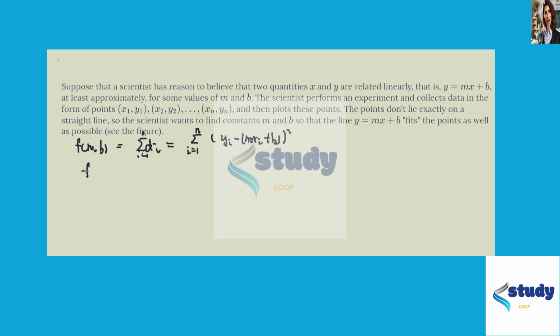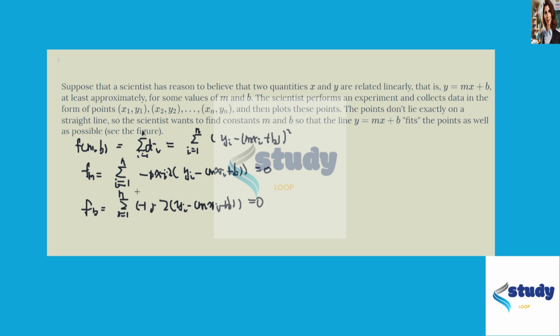So first, partial f partial m is equal to the sum, i from 1 to n, of negative xi times 2 times (yi minus (mxi plus b)). Partial f partial b is equal to the sum, i from 1 to n, of negative 1 times 2 times (yi minus (mxi plus b)). If we let each of them be equal to 0,